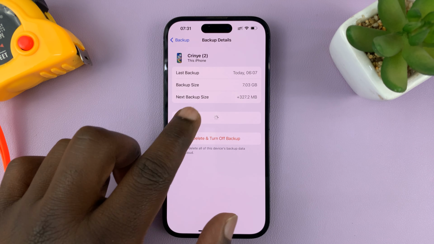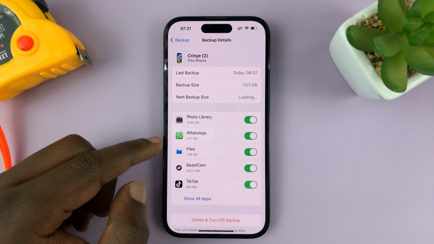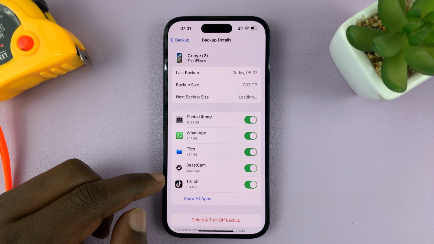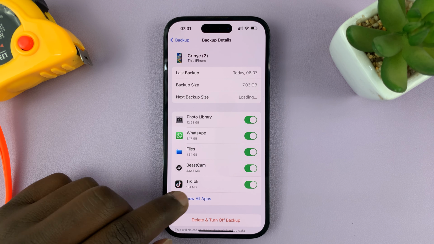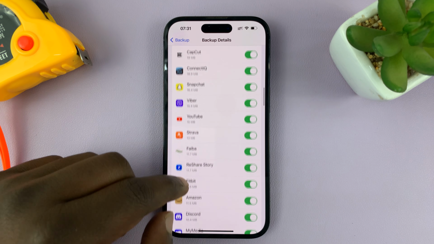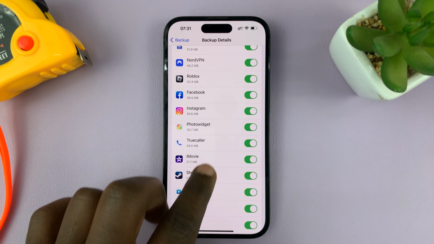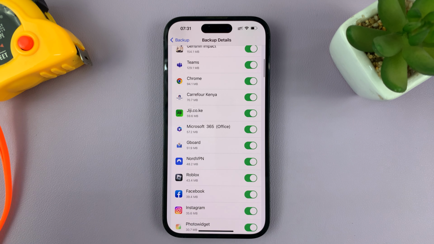And then I'll wait for it to populate the list of apps. So here I can see the apps that are saving data to my iCloud backup. Now if I tap on Show All Apps, I can actually see all the apps. Okay. Now let me select one app that I want to stop from being backed